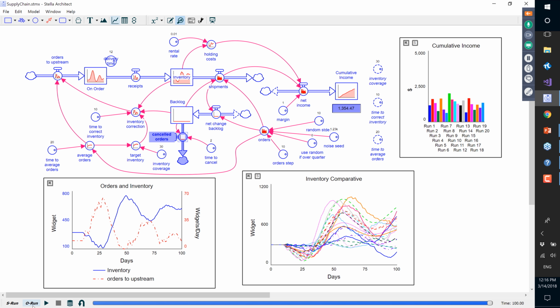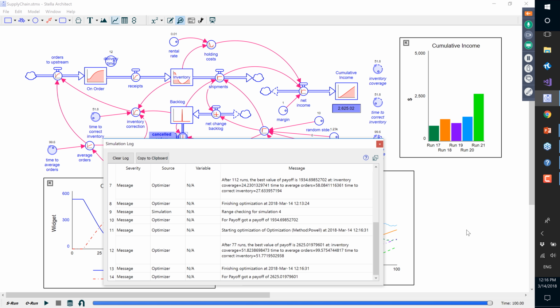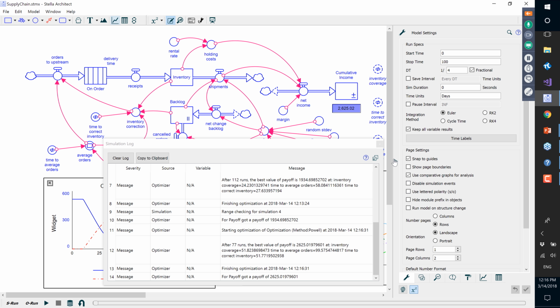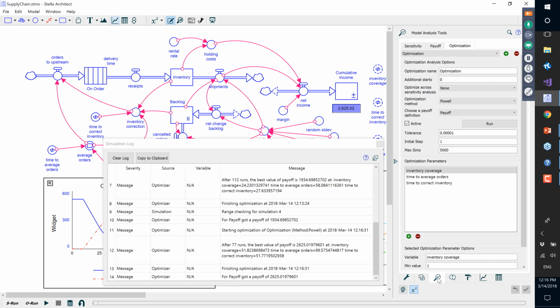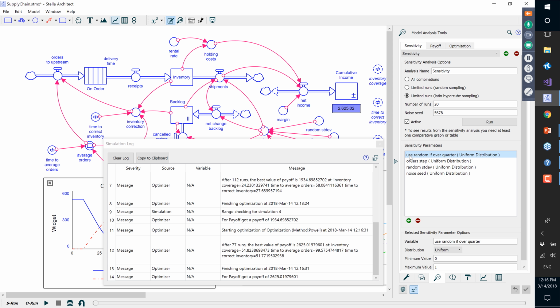When I click on O-run, what it does is it optimizes. Sorry, I haven't changed the changes to use sensitivity yet. It did the same thing we did last time. And I'll go into the optimization setup and say that I want to optimize across sensitivity simulations. So I select sensitivity there, which is the name of the sensitivity simulation. And that sensitivity simulation is varying